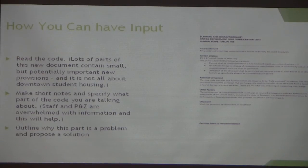This is not for my convenience. This makes my work a little bit harder. But it is for the convenience of the staff and the planning and zoning and city council so that they can identify it quickly, immediately, and take action on it. And right now, those guys are overworked. They have too much work to do. If you can do that part of it for them, it makes it easier for them to include it,